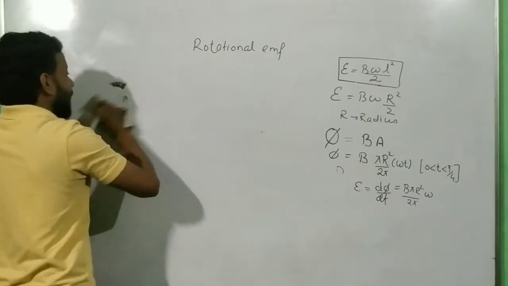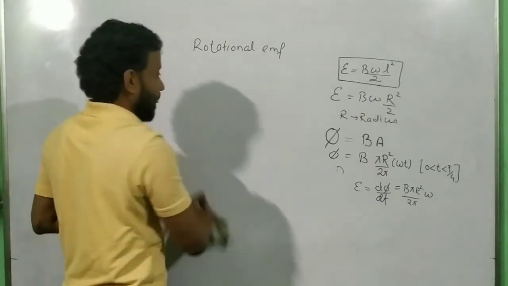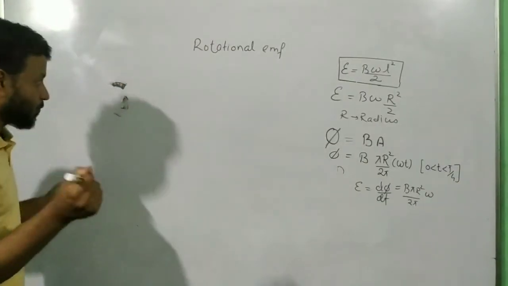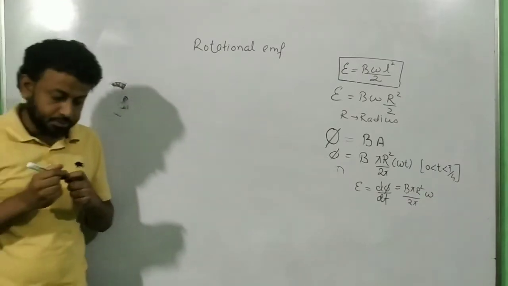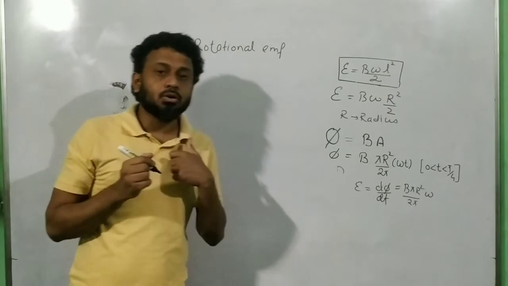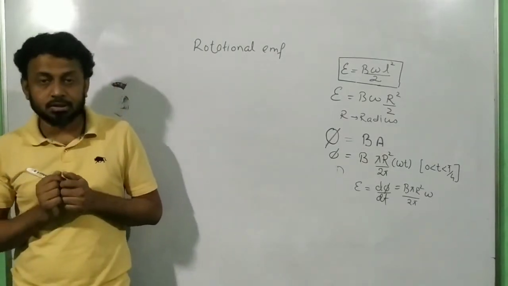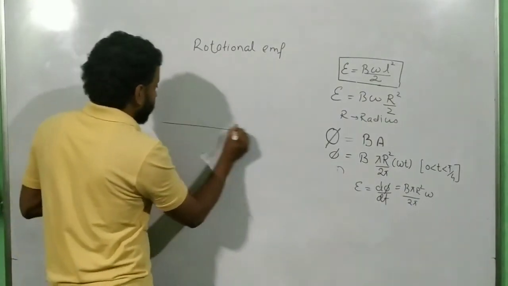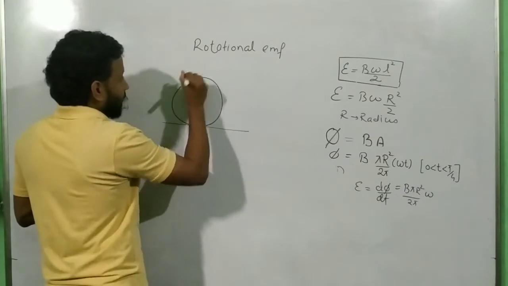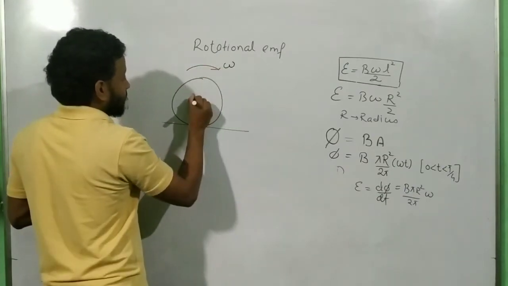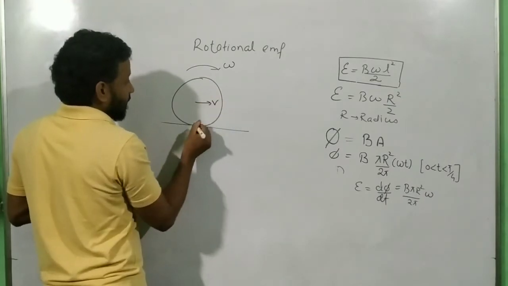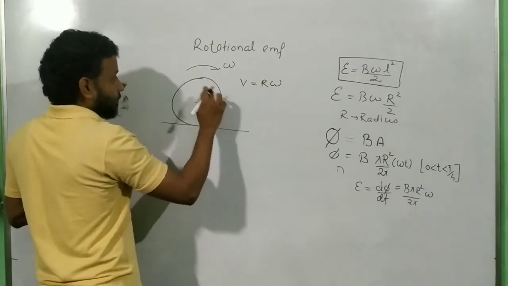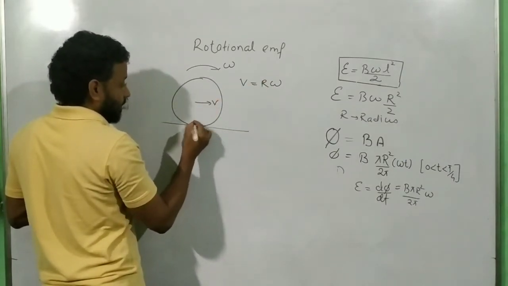Now there are some few other types of questions which you should know. For example, just try to remember this. In class 11, when we discussed pure rolling, that is rolling without slipping, there is a point. If this has an angular velocity and the center has a velocity of v, and if v is equal to r omega, where v is the velocity of the center of mass, then this point attains a velocity of 0.